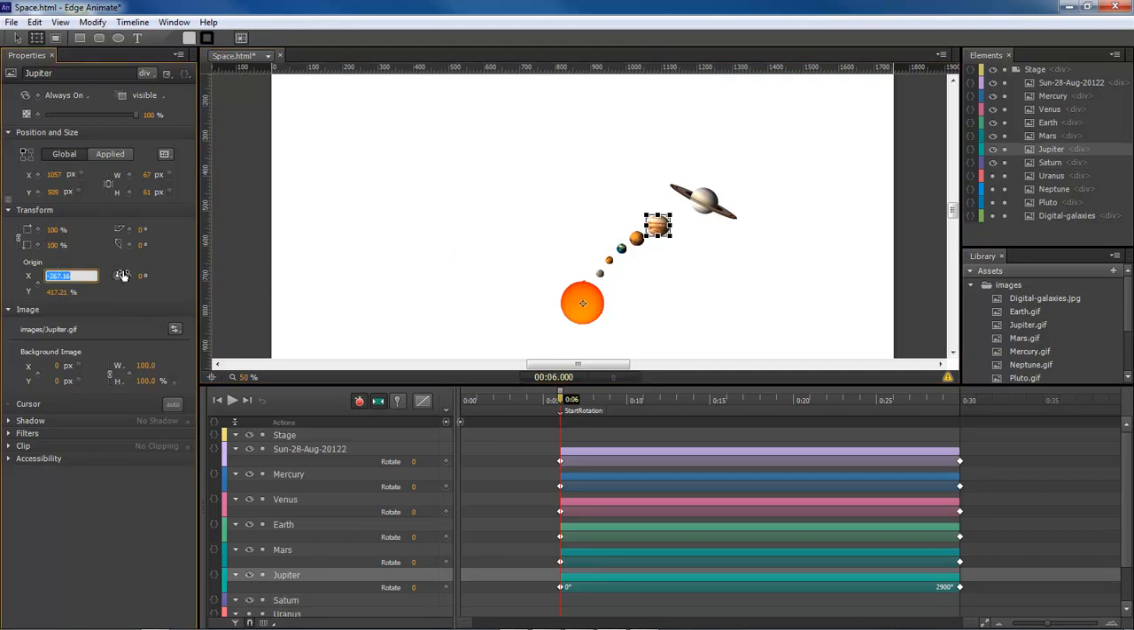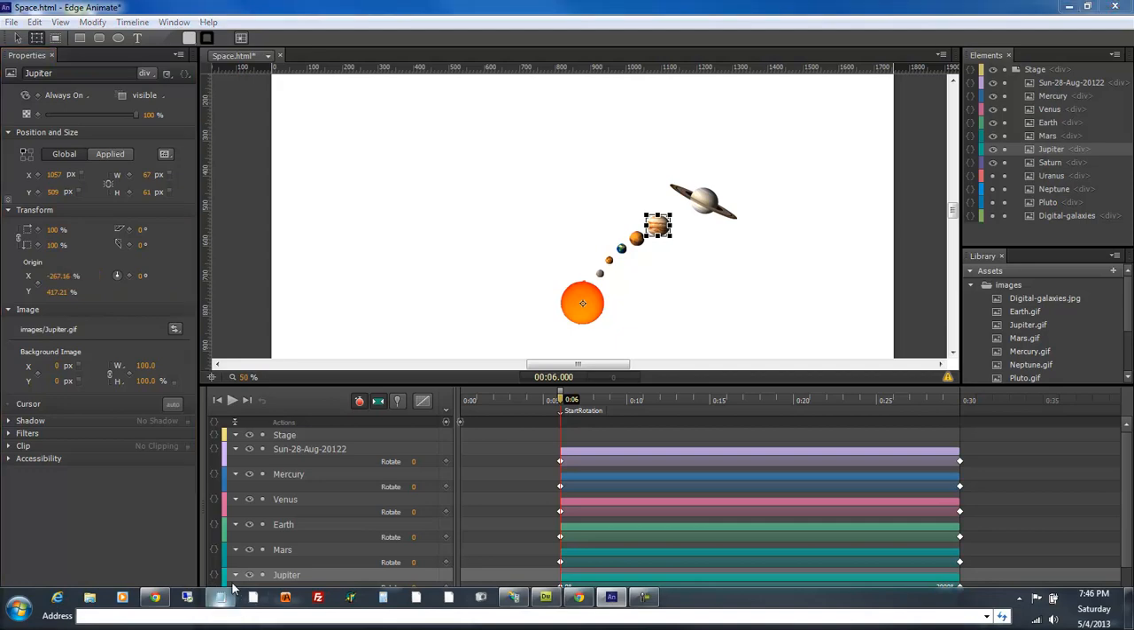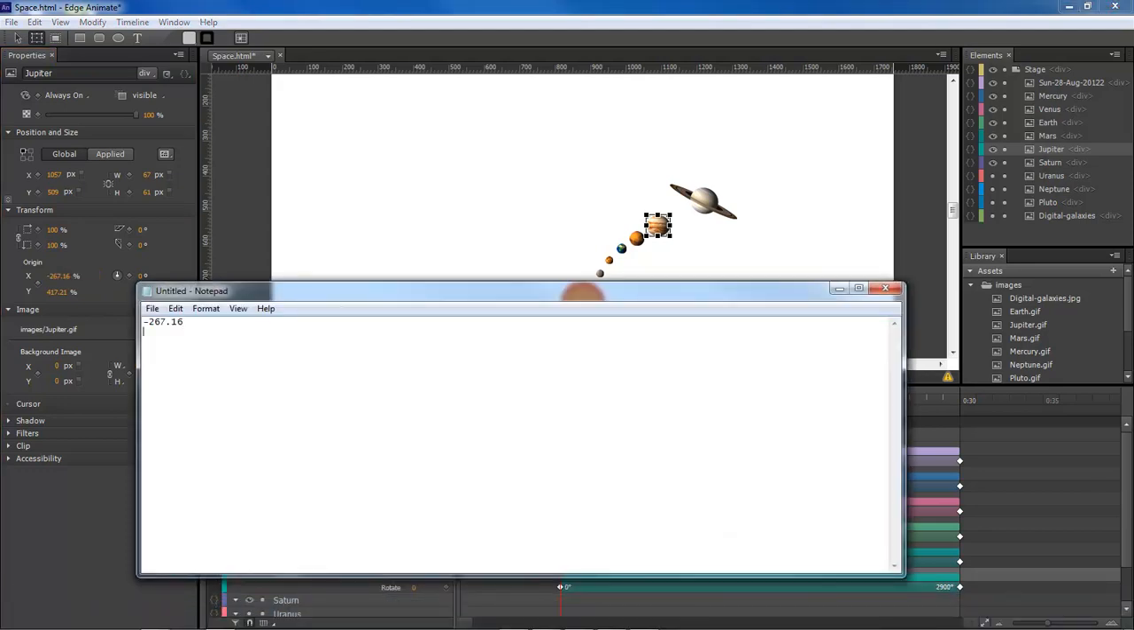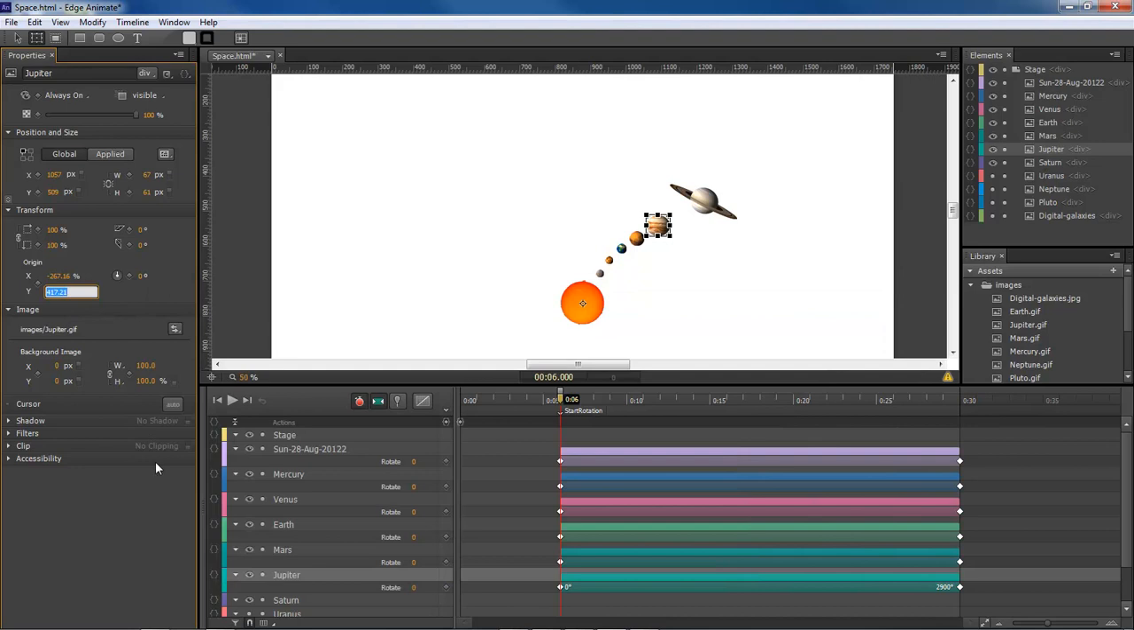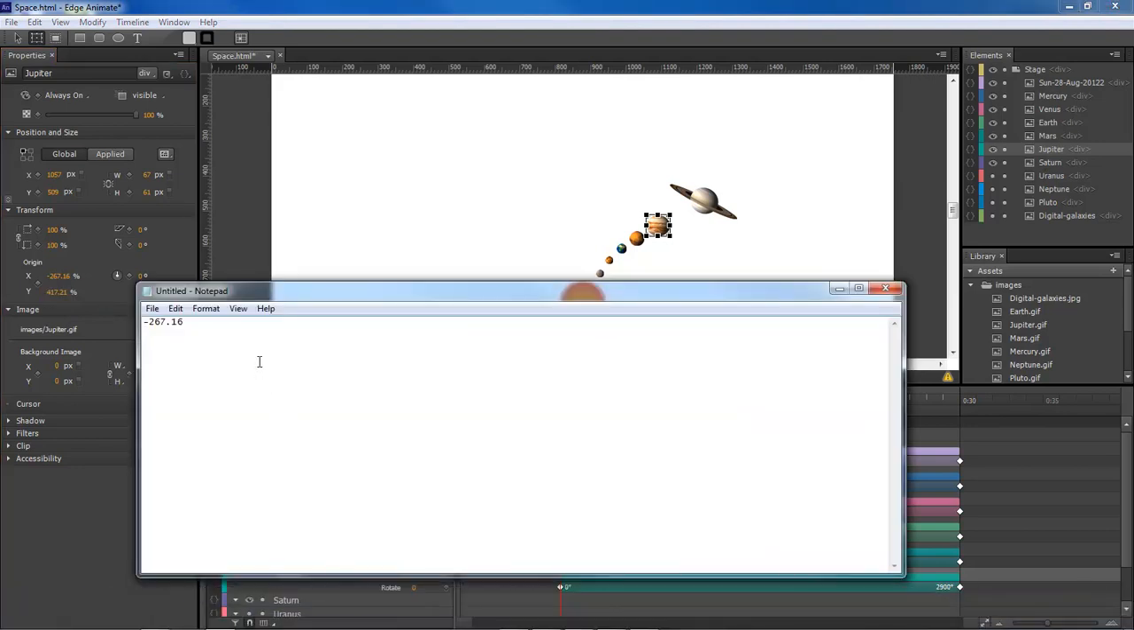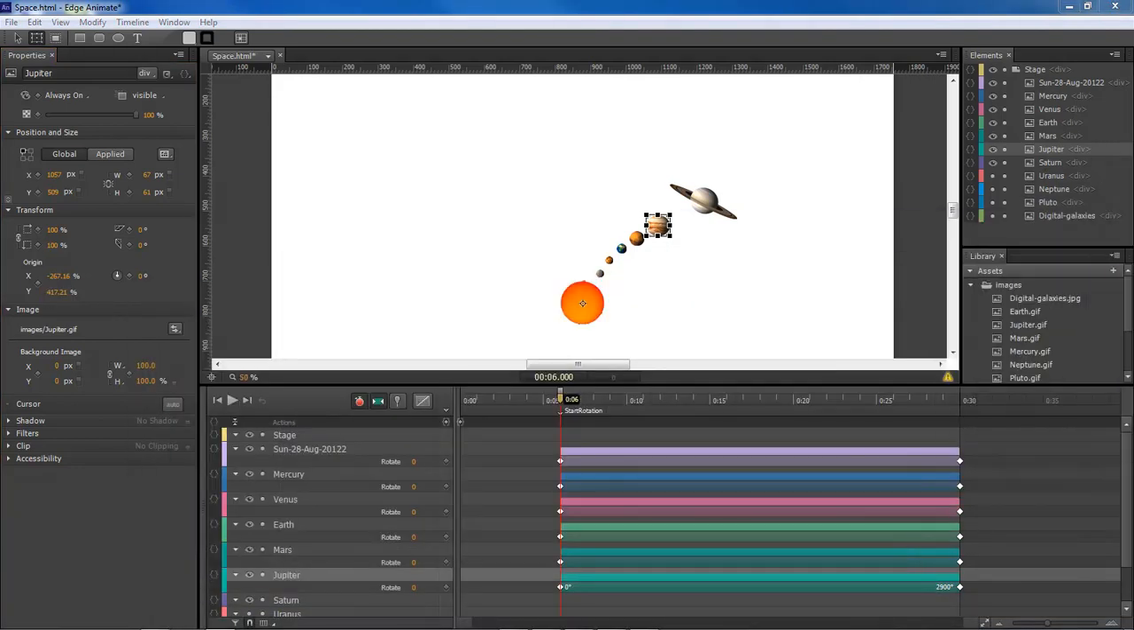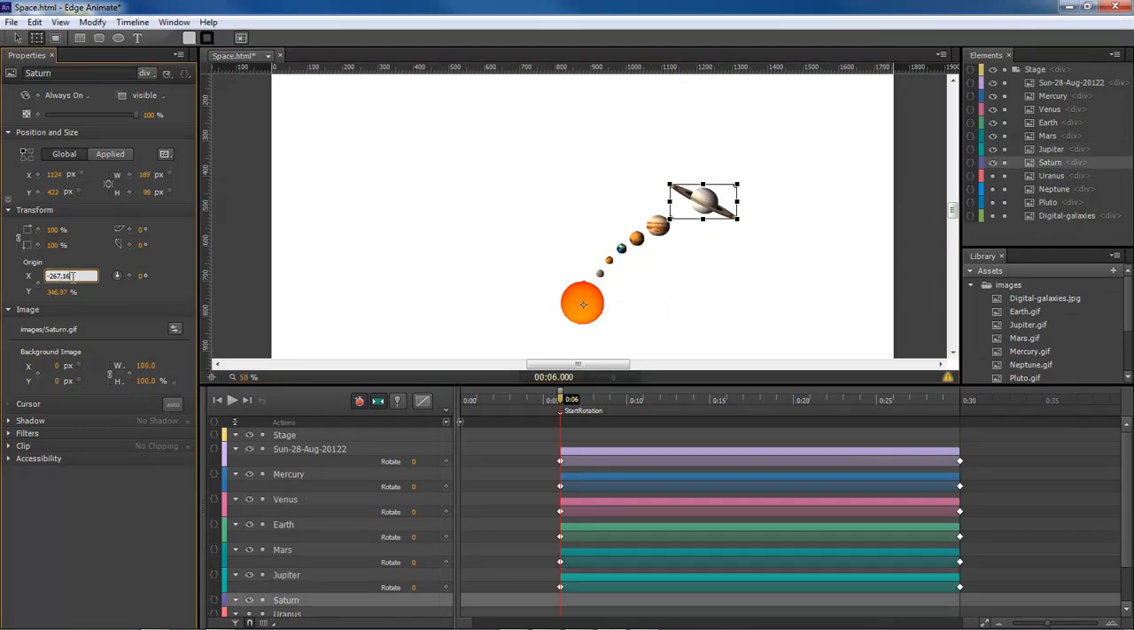Okay, let's go ahead and just copy this. That is our X, and this is our Y. So now we've got our X and our Y value. Let's come over here, paste that there, and then